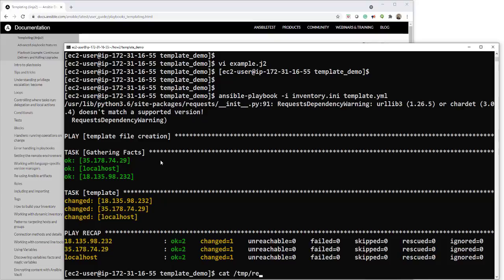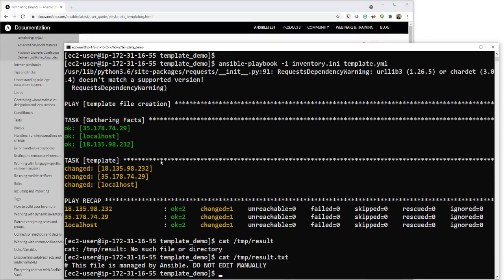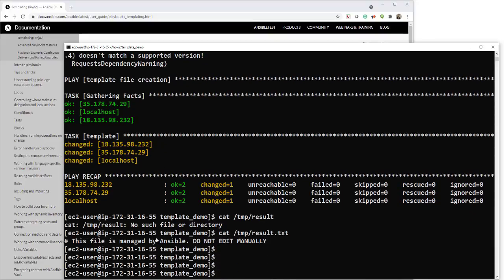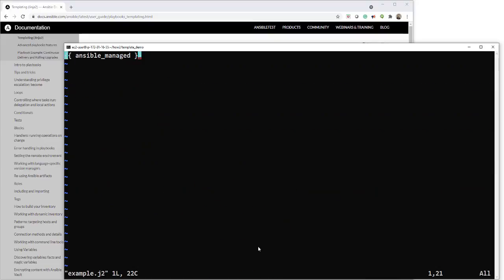Okay, so if we now cat the temp result.txt file, if I can spell it right, there we go. We can see that we now have a file that is managed by Ansible. So if anyone wants to edit that file, they go, oh, hang on a minute, let me just double check. I better not change anything because Ansible might come along and put it straight back. So the next one we're going to do